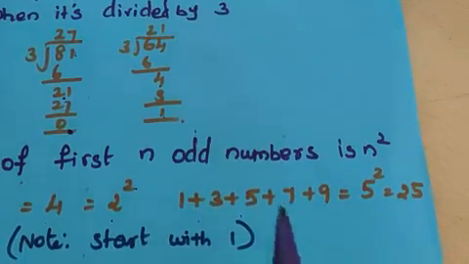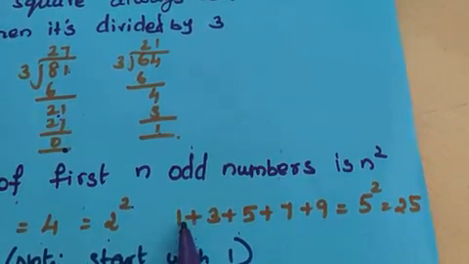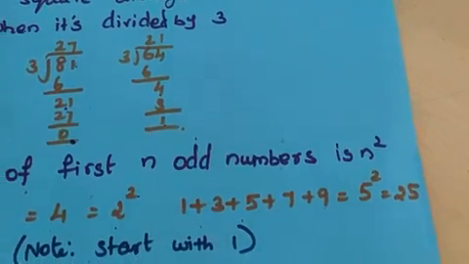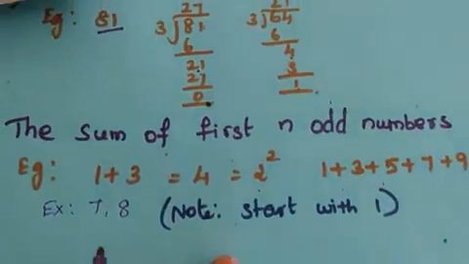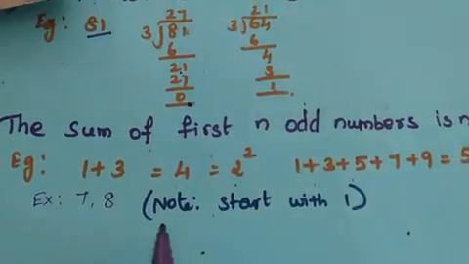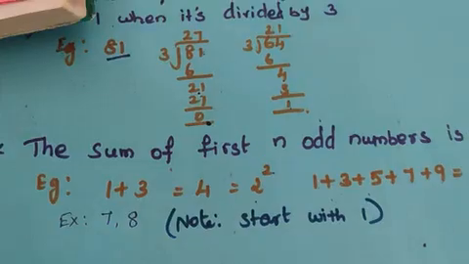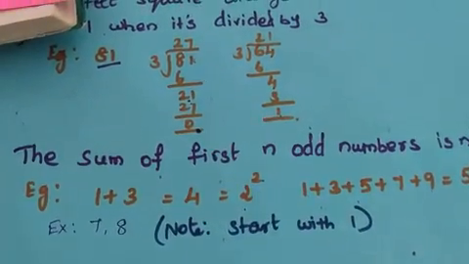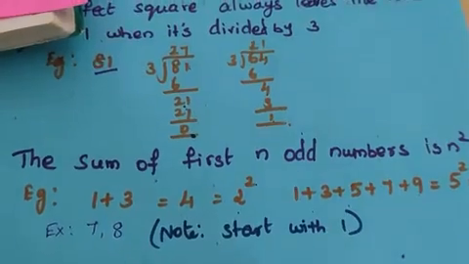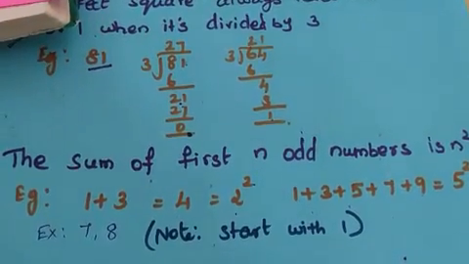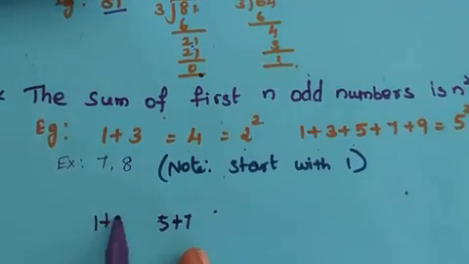So instead of adding this, directly we can write the answer. How many numbers have you taken? 1, 2, 3, 4, 5. 5 odd numbers. So 5 squared. 5 squared is 25. For example, one more sum I will give. We can solve the exercise sum also. It will be easy. But the numbers must always start with 1. You have to take the odd numbers, always starting with 1 onwards. If you start in between, you will not get the exact solution. Like if you start with 5 plus 7 plus like that, you will not get the exact solution. Always it should start from 1 plus 3 plus like that.